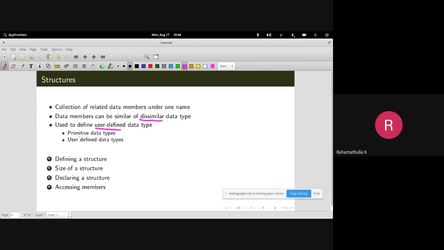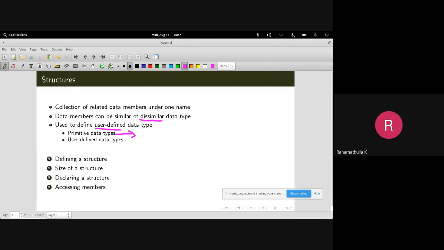As you know, in a programming language there are primitive data types like integer, floating point, double, etc. The primitive data types will be available, but if you would like to create your own user-defined data type, you will have to use structures.